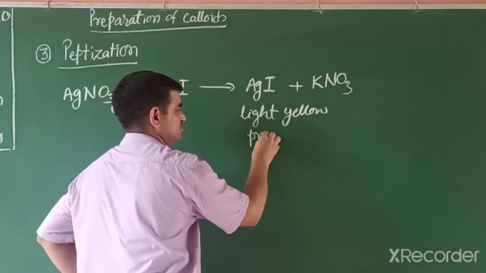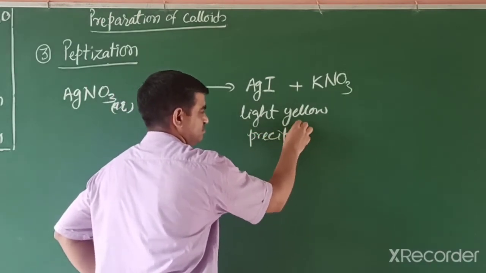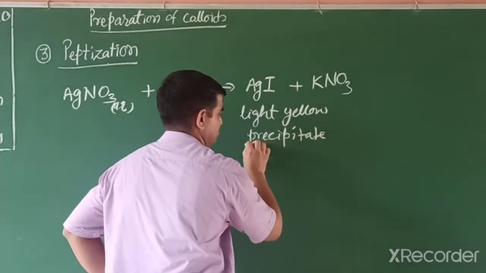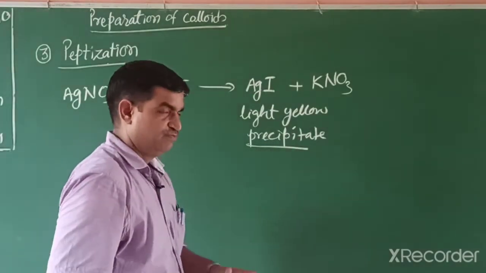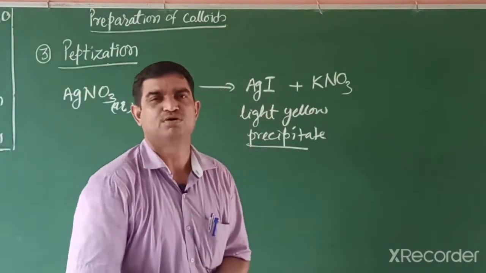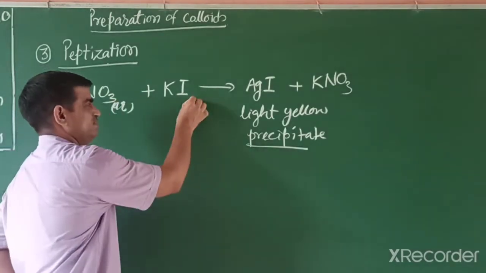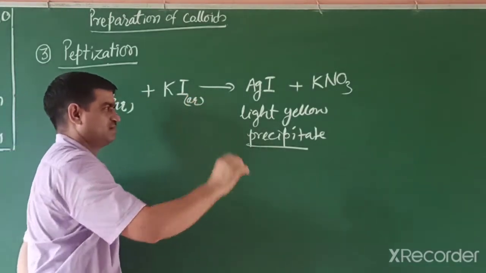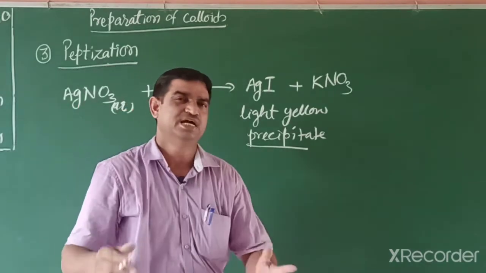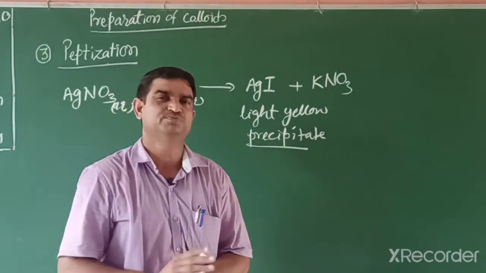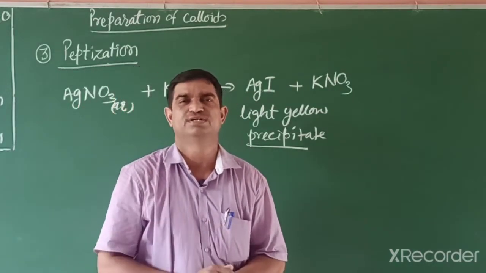Students, when we mix the two components, silver nitrate and potassium iodide aqueous solution, we get a light yellow precipitate, and this precipitate converts into a suspension,